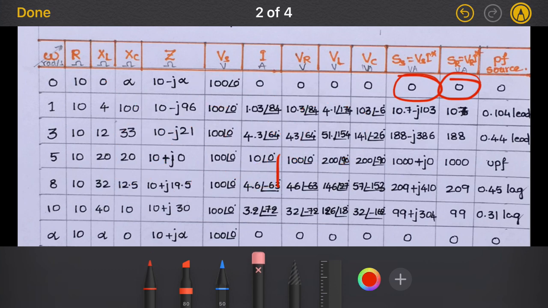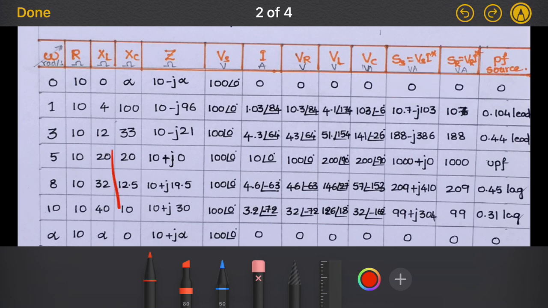Now we are focusing here only on active power. That is the reason why here I am calculating only the power absorbed by the resistor. Fine. Now that power also will be 0, VR I conjugate, and the source power factor is